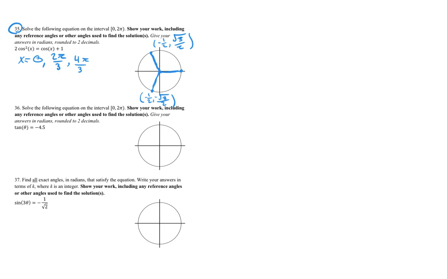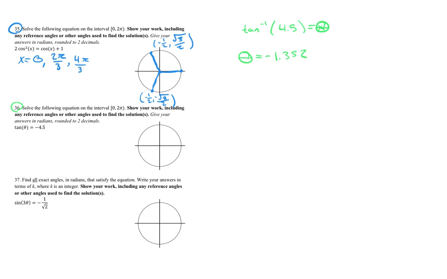Okay, number 36. We're going to solve this equation on the interval from 0 to 2 pi. So we have tangent of theta equals negative 4.5. So there's not really anything that we can do besides just going ahead and plugging this into our calculator. So if we take the arctan of both sides of 4.5, we find that theta should equal negative